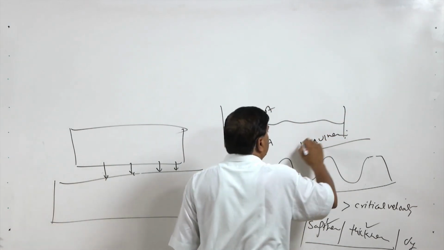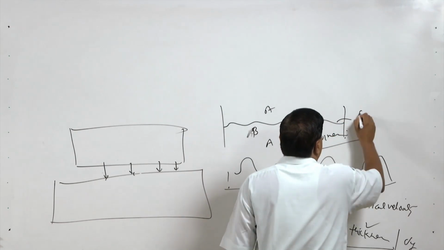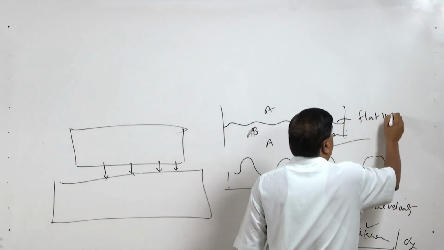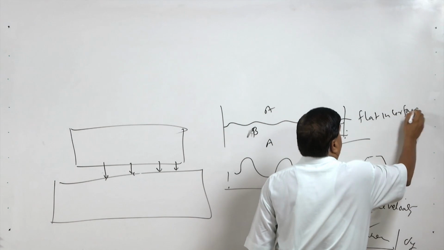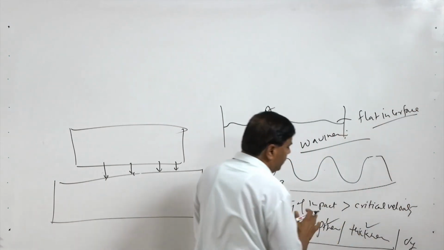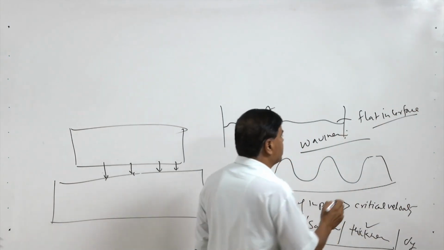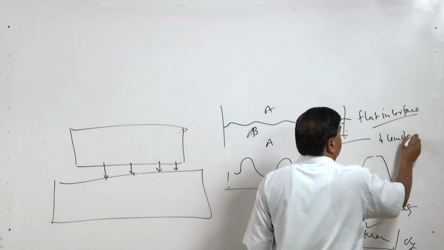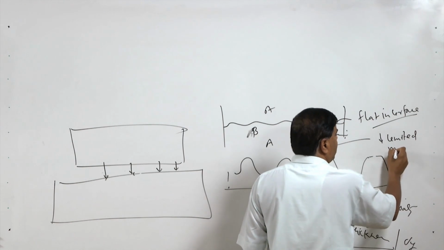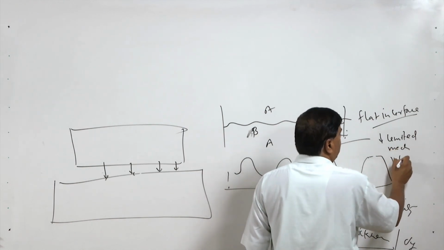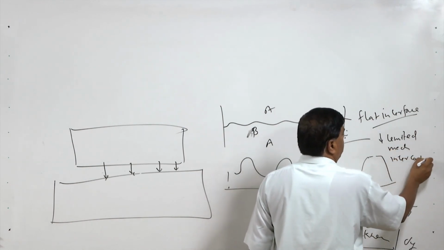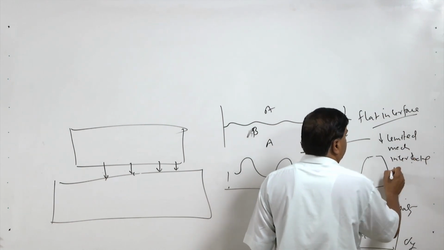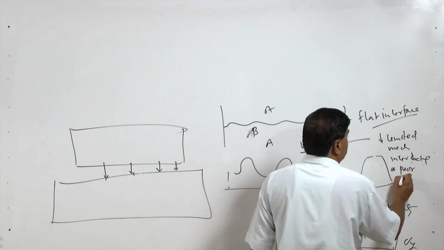In this case, limited waviness produces a flat interface, and a flat interface is not good for two reasons: limited mechanical interlocking, this is one, and